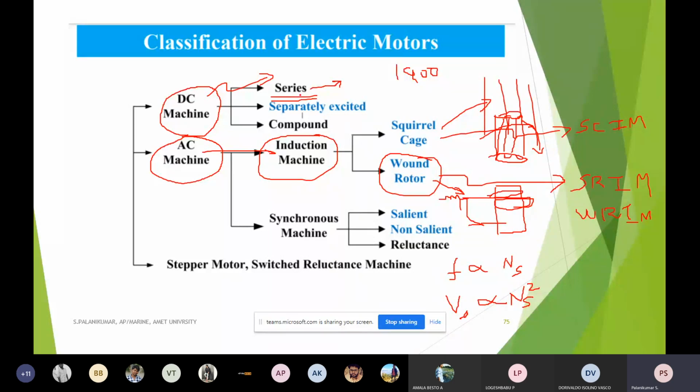Likewise, the Toyota Prius model also used DC. Chevrolet used a brushless DC motor. Especially the Nissan Leaf in the Indian market, the new electrical vehicle market: out of all the new electrical vehicles, 61 percent are Nissan Leaf only. So the Nissan Leaf car currently uses only a DC motor. We have to remember this. This is a Japanese company, with headquarters situated in Japan, but of course the manufacturing plant in India is also there. 61 percent of the new electrical vehicles coming into the Indian market belong to the Nissan Leaf.